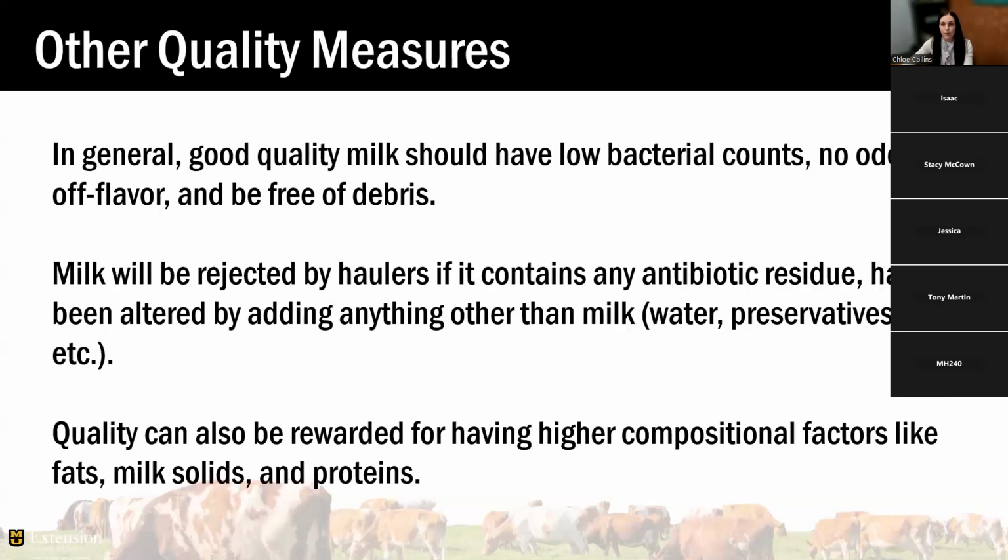Okay, so back into our other quality measures. I like to talk about components here. But one thing to remember in general is good quality milk should have a low bacteria count, no odor, no off flavor, and be free of debris. So if you are selling milk off your farm, this is a good general statement to follow along with doing your test. So again, milk will be rejected by those haulers if they find any sort of antibiotic residue,